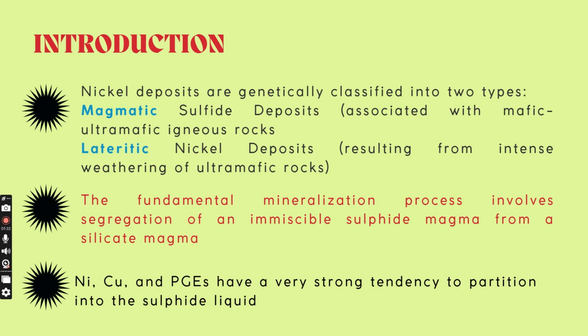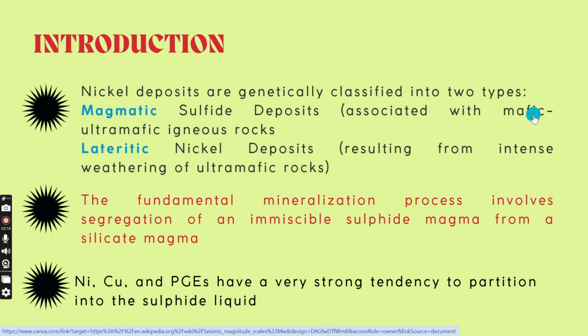It can enter easily into the earliest crystalline phases. Whatever crystal forms earlier, as per Bowen's reaction series, such as olivine and these kinds of Fe-Mg rich minerals, in that nickel is also readily accommodated. Therefore, in the initial phase of magmatic crystallization, the rock formed during those initial phases preferentially hosts nickel. And apart from that, lateritic nickel deposits also result from intense weathering of the same ultramafic rock only,